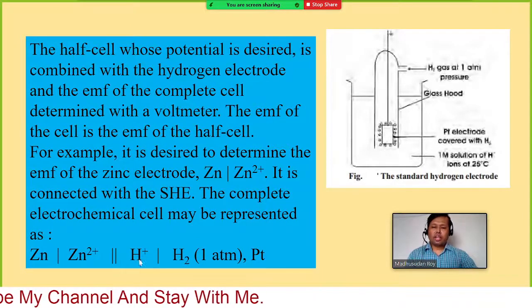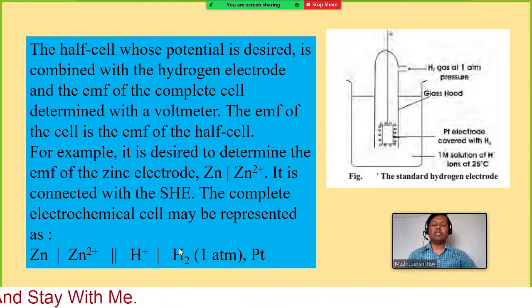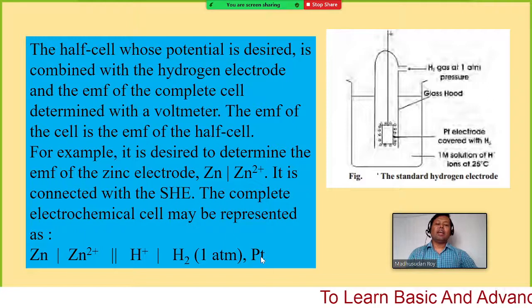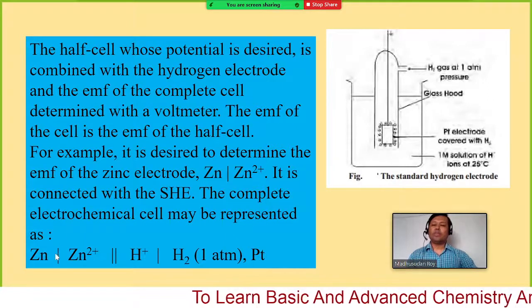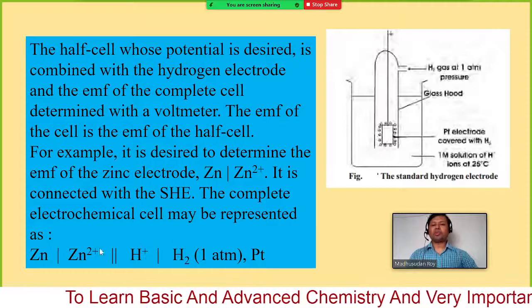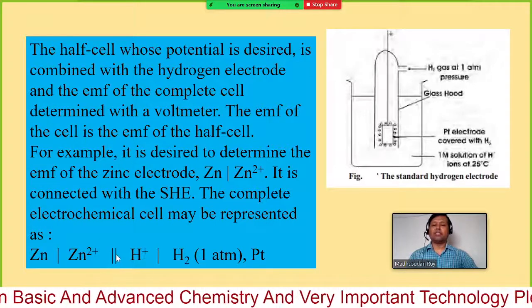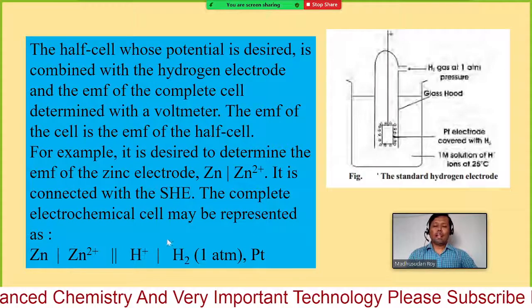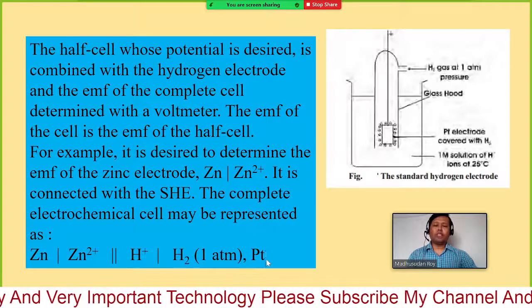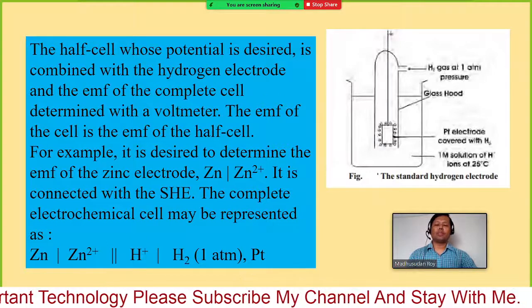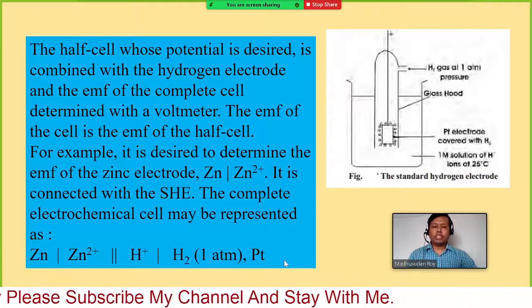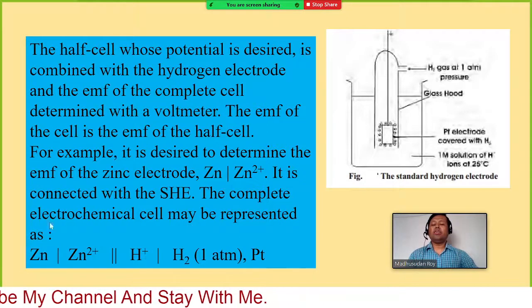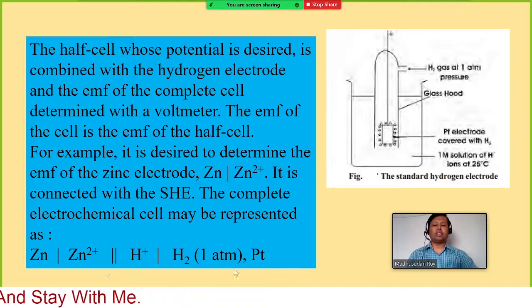That means here we have three different components. This is the ion, this is the hydrogen gas, which should act as the electrode actually, but this one is taken to get the connection to the other half cell. So this is our external connection. Now you know the electrode potential for this half cell is 0, and this is a full cell. So you can measure the full cell potential using a voltmeter.